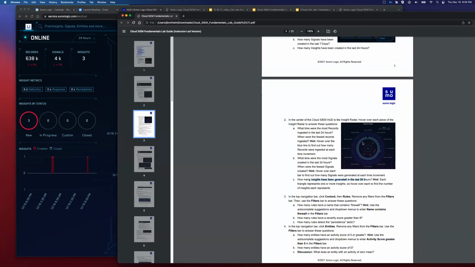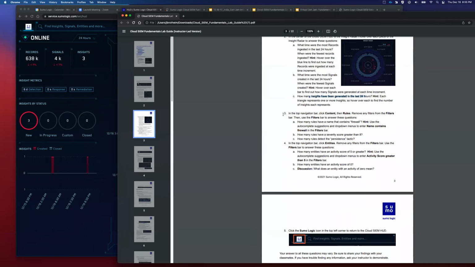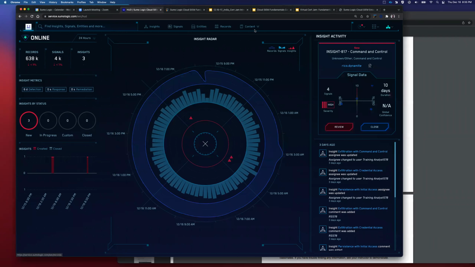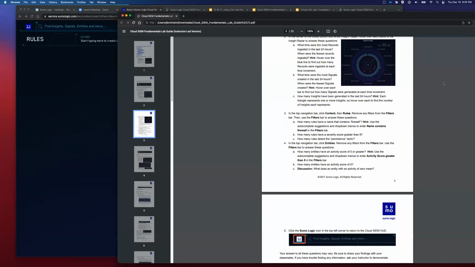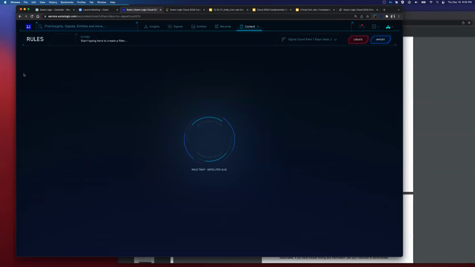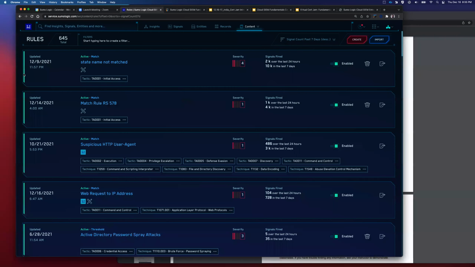All right, what we're going to look at next is the top navigation bar, content, and then rules. What we're going to see in these rules are the rules that have been created in the system. In this case, they're primarily generated and created by Sumo.